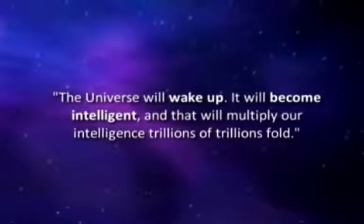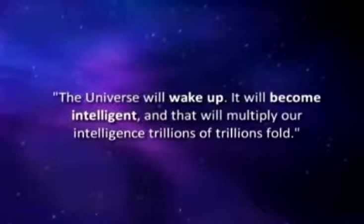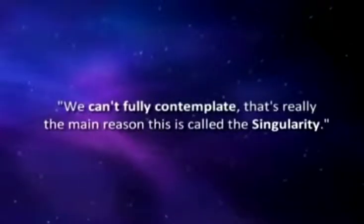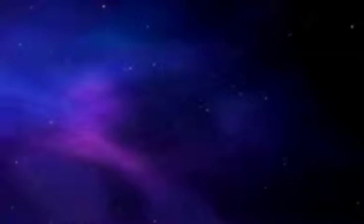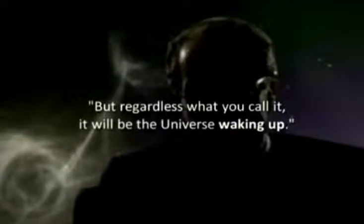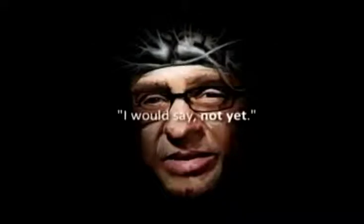The universe will wake up. It will become intelligent, and that will multiply our intelligence trillions of trillions fold. We can't fully contemplate, that's really the main reason this is called the singularity. But regardless what you call it, it will be the universe waking up. So, does God exist? I would say not yet,